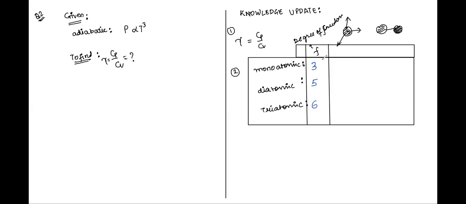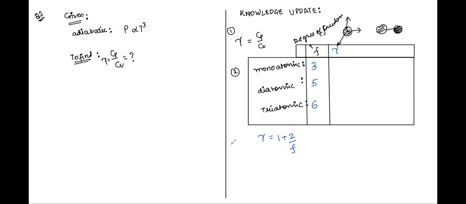Now there is a formula which connects the adiabatic constant with degrees of freedom. This is the formula: gamma is equal to 1 plus 2 by f. One by one, I want you all to calculate this. Atul will tell me the value of gamma for monoatomic, Mahila will tell me the value of gamma for diatomic, and Anukriti will tell me the value of gamma for triatomic. We'll start from Atul.